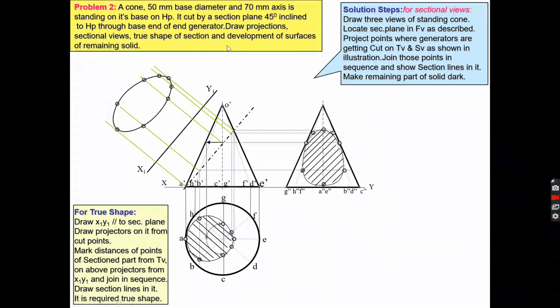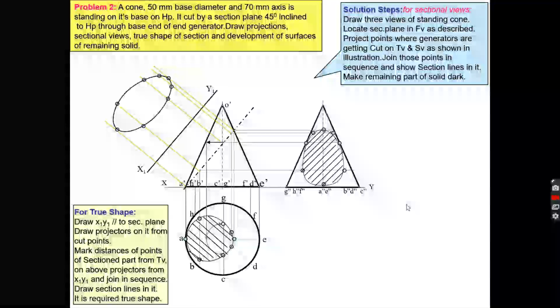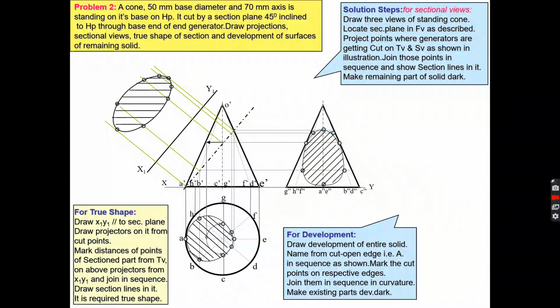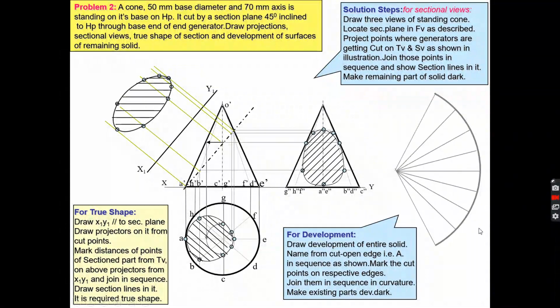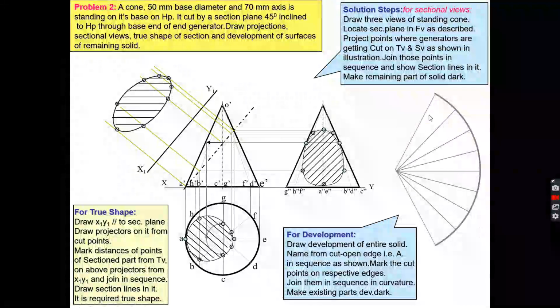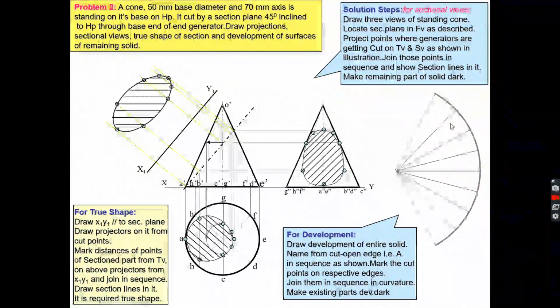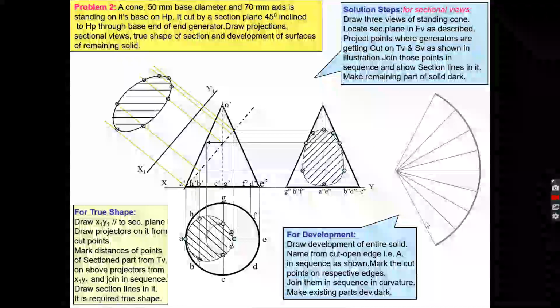Now the next part is the development of the surface. So this is your cone, and for that draw a sector of the circle. For that you have to determine the angle theta. After determining the angle theta, you can easily draw the sector of the circle. And this is all your surfaces, because I am dividing the circle into 8 parts. This is 1, 2, 3, 4, 5, 6, 7, 8. You divide the sector of the circle into 8 equal parts.